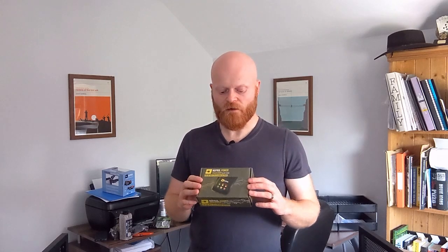It says it's a balanced charger. Now, lipos are really volatile, and you really need to use a good charger. I don't know if this is a good charger or not. Nuprol has a bad rep when it comes to certain types of items, and chargers are one of them. So you guys let me know in the comments if this is any good. I fear it might be